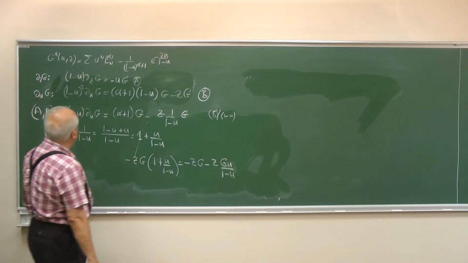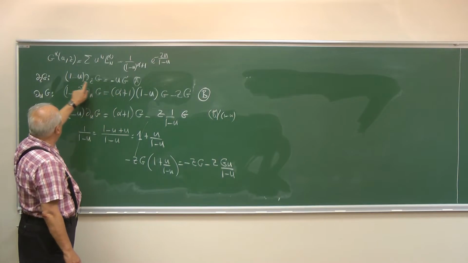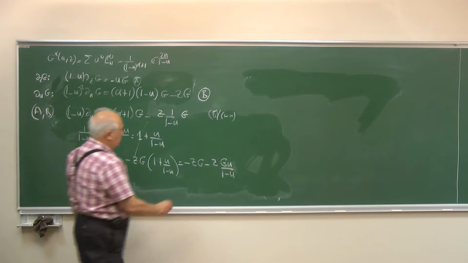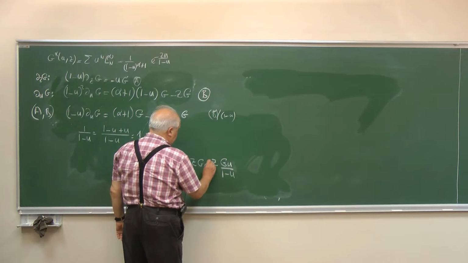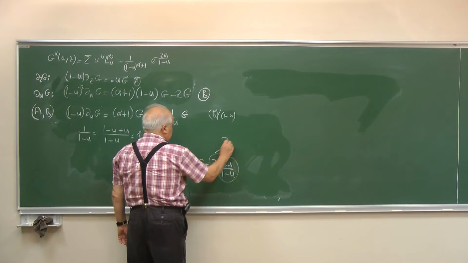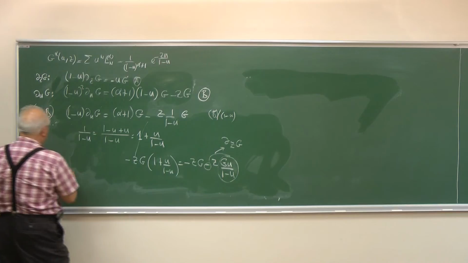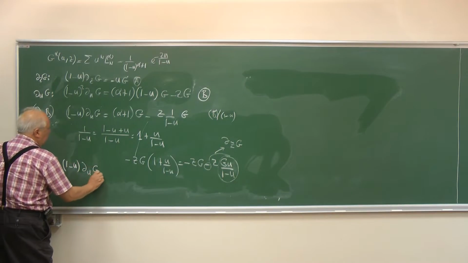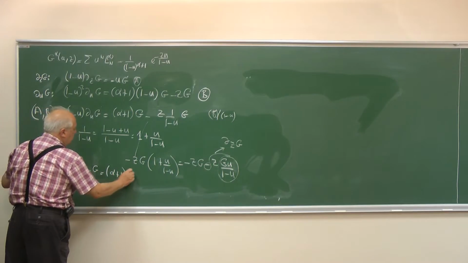And if you look at A, minus u g over 1 minus u is simply d by dz of g. So if I combine all of these, this is dz(g). So this gives finally (1 minus u) delta u g, that's equal to (alpha plus 1) g